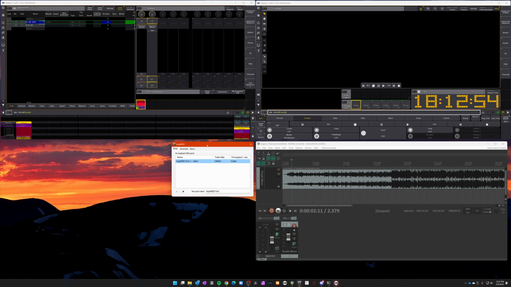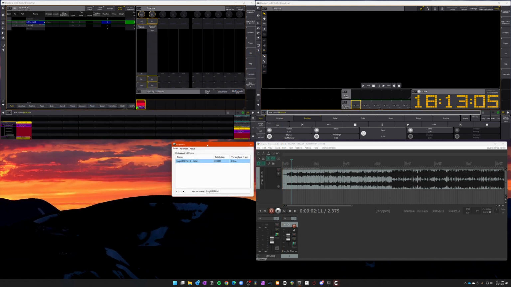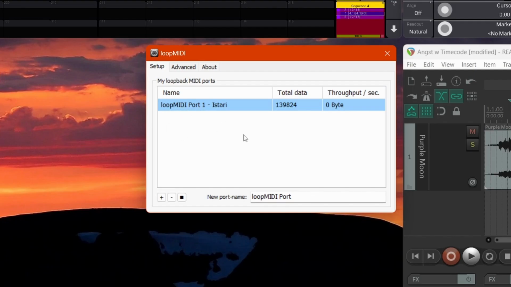So first thing we're going to do is download a program called Loop Midi. I will put the website on the screen for you. This program basically just creates an internal, in quotes, device to allow MIDI to pass from one program to another. Each object that you put into this listing works like another port. So you might have an in port and an out port, a through port, all those kind of things normally